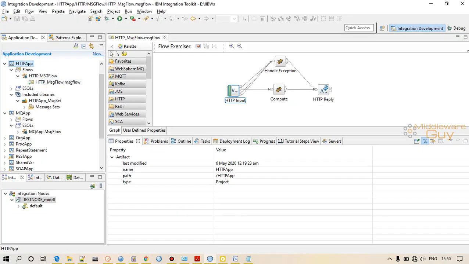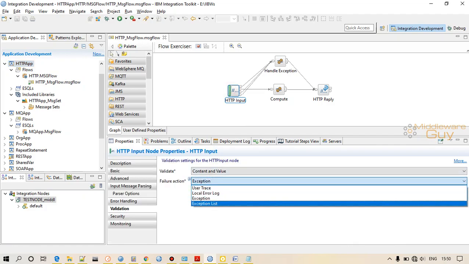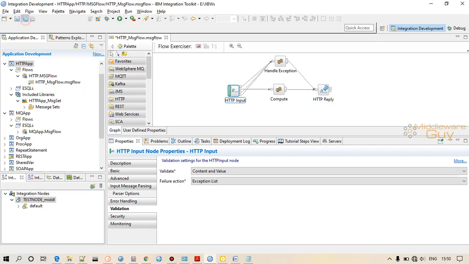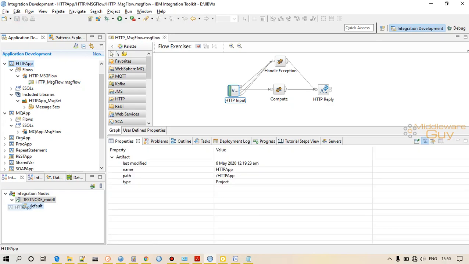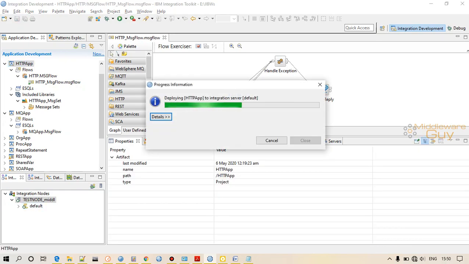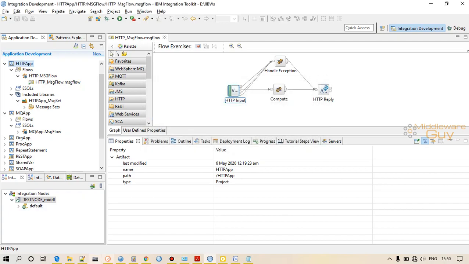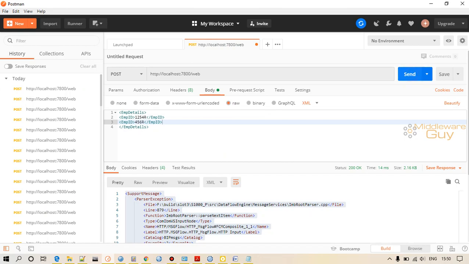Okay, this is one option. Now let me select exception list, and deploy it. Now we'll see what happens. Let me copy this.